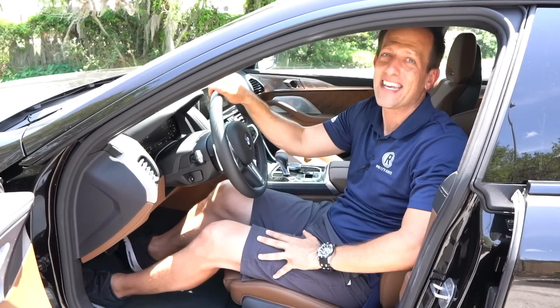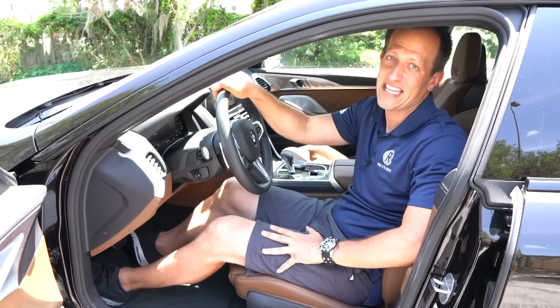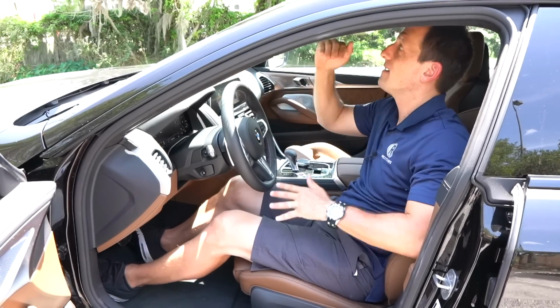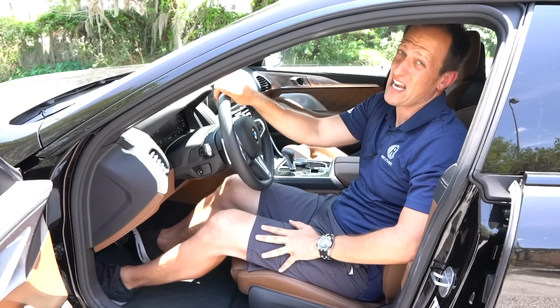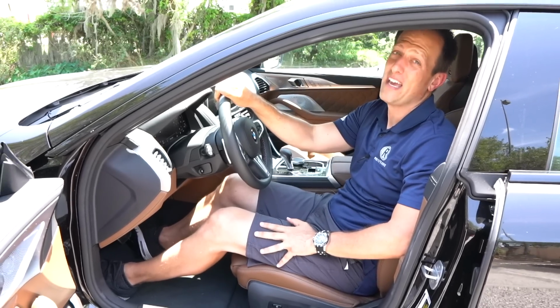You go into M mode, guess what? You're getting your gear indicator and tachometer. Looks beautiful. Plenty of headroom, plenty of shoulder room and everything else. Let's get to the back seat and see how your passengers are like hauling the mail in this M8 Gran